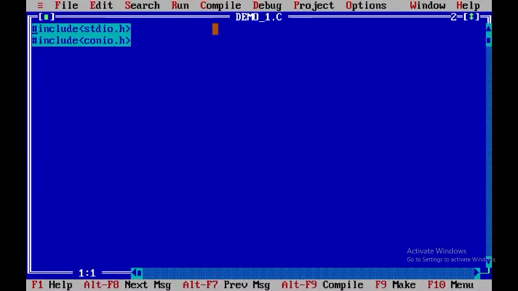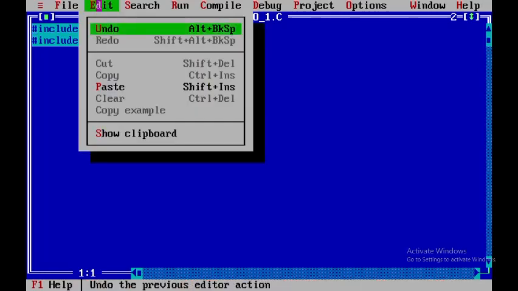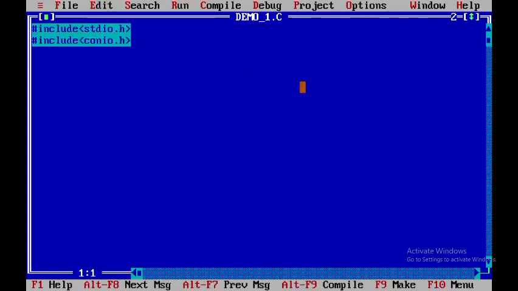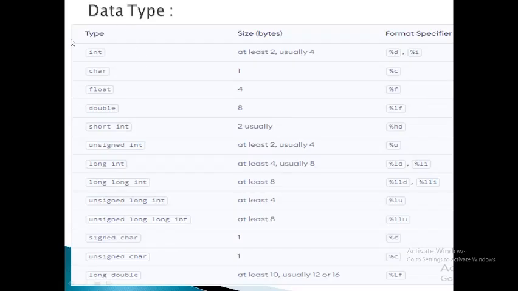Okay, so this was the basic printf and scanf function, how to use variables in the code. Okay students, so I hope the meaning of data type is clear to everyone. It is very basic, the most basic concept of